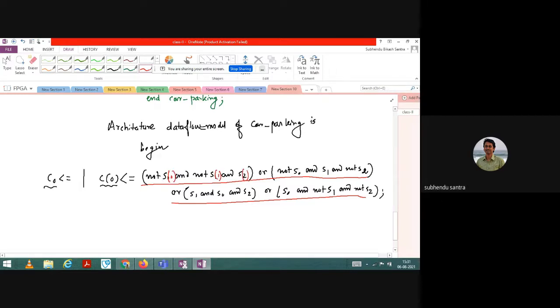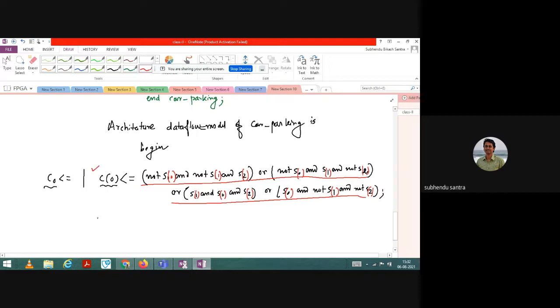Very good. I have not taken a scalar, so I have to do it like this. So this is the final output for C0.